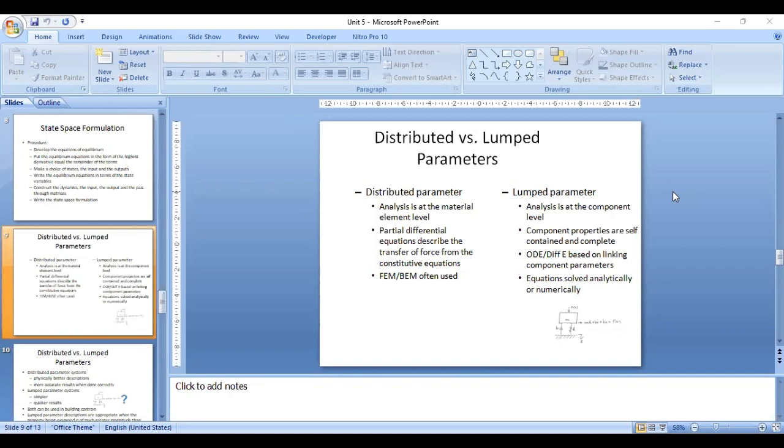So in this class, let us see about the various types of parameters such as distributed parameter and lumped parameter. So the given property of the model is assumed to be concentrated into a single element is known as a lumped parameter model. So for example, in lung mechanics model, the total resistance of the central airways is lumped into